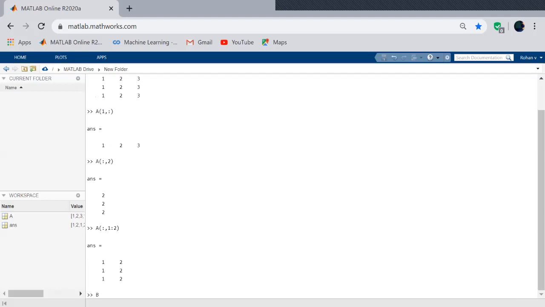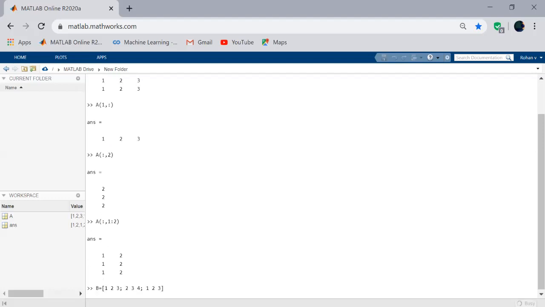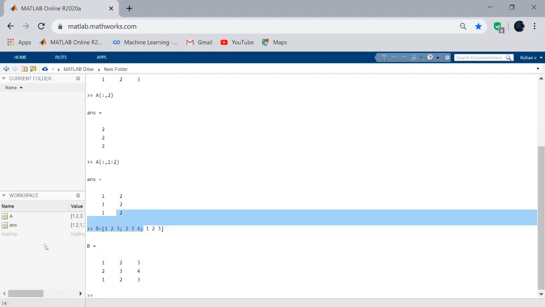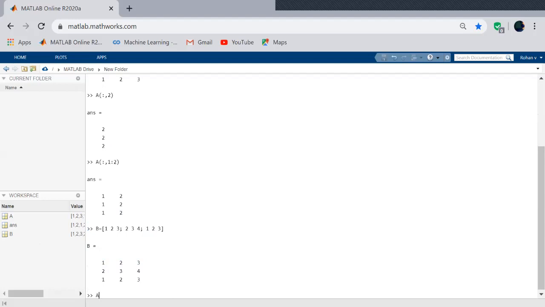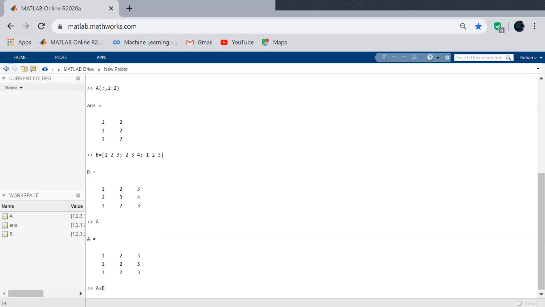We'll create one more matrix, some random values. Okay, now we have A and B matrix. You can add these matrices if they both have the same dimension.